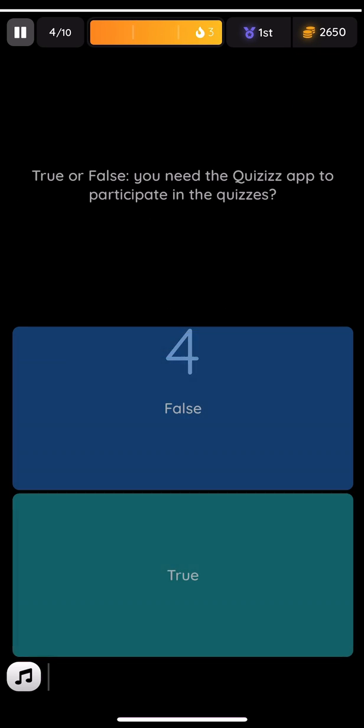Quizzes can be provided access links which can be sent or